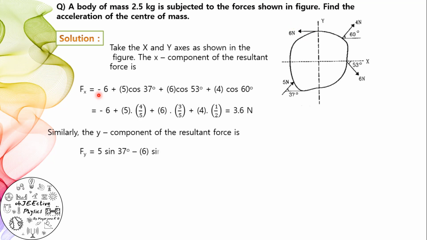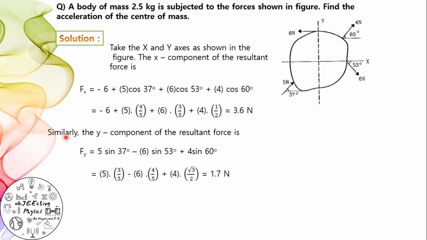So that we can write it as minus 6 plus 5 cos 37 degrees plus 6 cos 53 degrees plus 4 cos 60 degrees. That is equal to minus 6 plus 5 into cos 37, which is 4 by 5, plus 6 into cos 53, which is 3 by 5, plus 4 into cos 60, which is 1 by 2. By simplifying this, we will get 3.6 newtons, that is the horizontal component of the resultant force